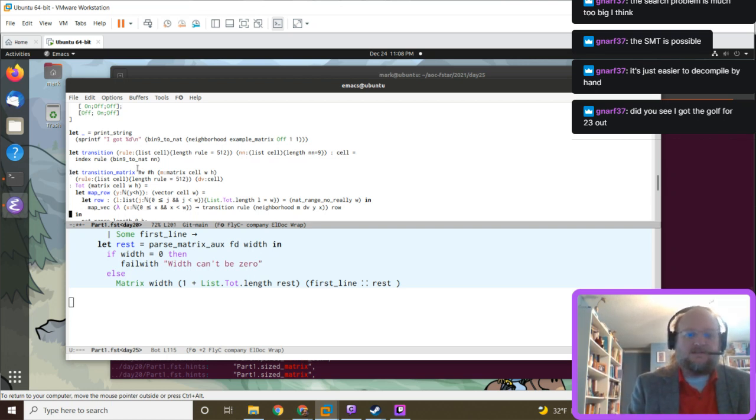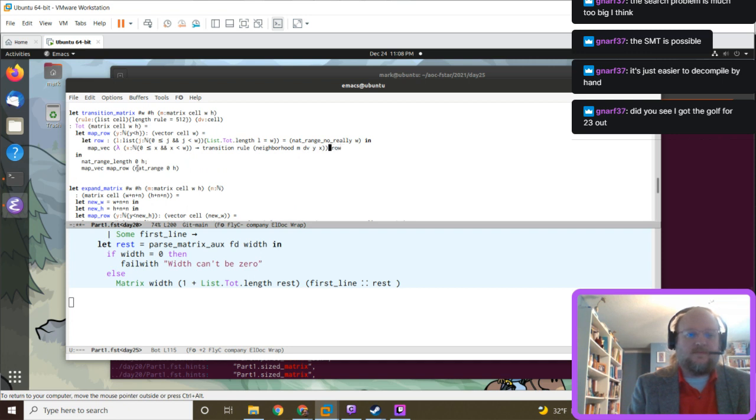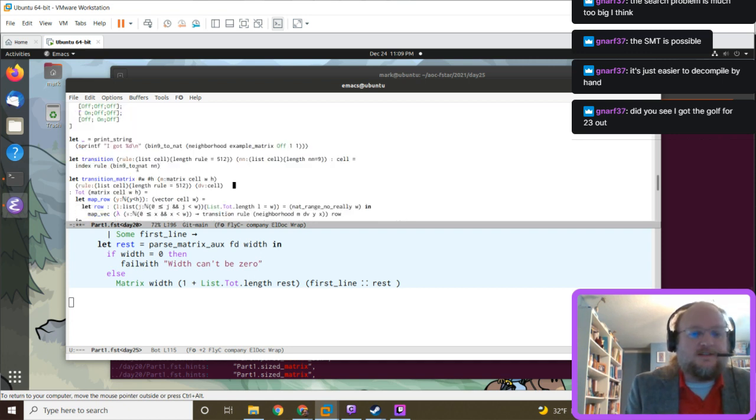So let's change this to take, instead of this rule, a transition function that is a function from y, which is a natural number less than width, and x, which is a natural number less than height.